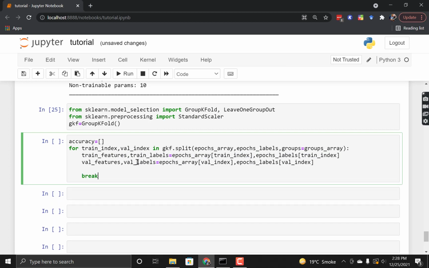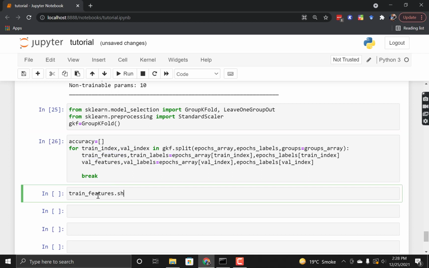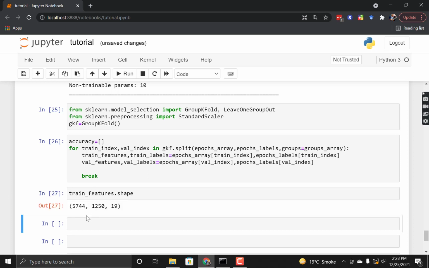Let's check the shape of the train features and validation features. The shape of the train feature is 5744, which is the number of trials, 1250 is the length of the sequence, and 19 is the number of channels. We have to then normalize or scale this data, but we cannot apply StandardScaler from sklearn on our 3D data. We can apply it on 2D data, so I have to convert this data into 2D